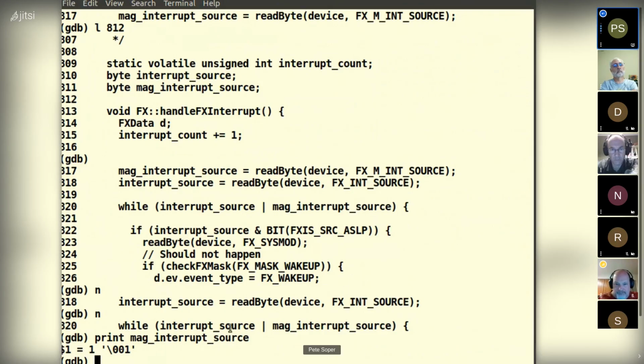The interrupt source pertains to the accelerometer, and I should say this chip is, I've forgotten the part number of the predecessor Freescale chip. This chip is a magnetometer glued on top of the Freescale chip that, if I could remember its name, most of you would probably recognize the part number. It's been around for a long, long time.